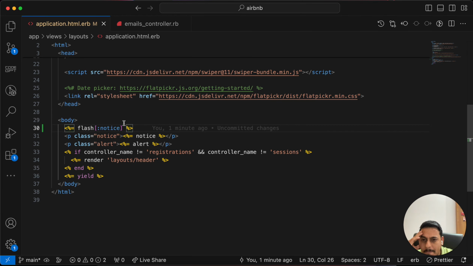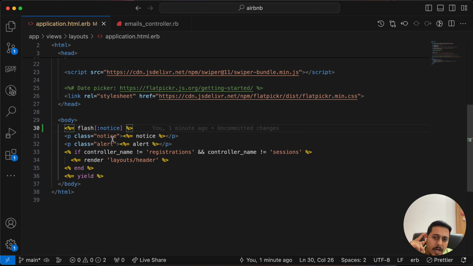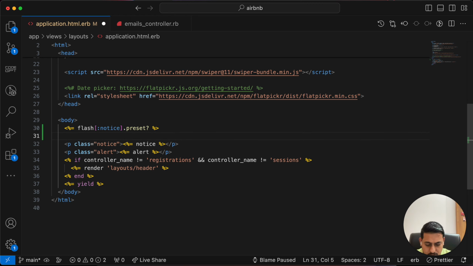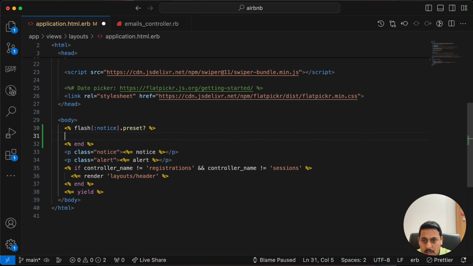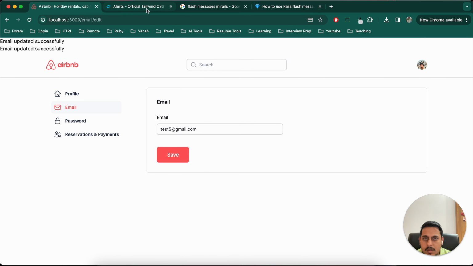So let's do one thing. For now, let's not make any change here. Let's treat it like this, that notice is a green thing, success thing, and alert is a failure thing. That's what I'm trying to think. So let's try it in that way. If this is present, we won't log this. If notice is present, then what we can do is we can go to Tailwind, and